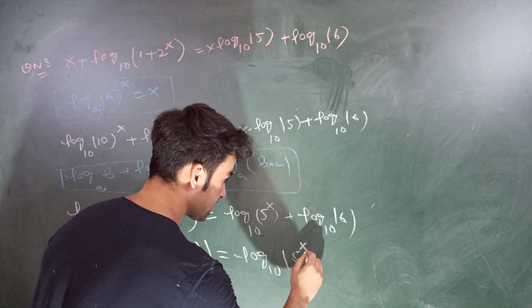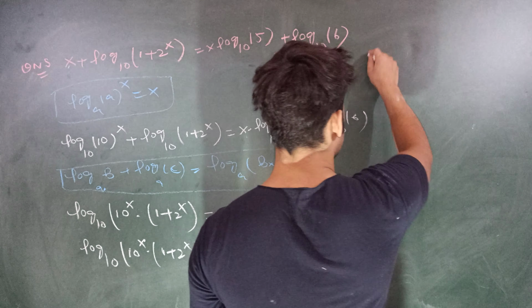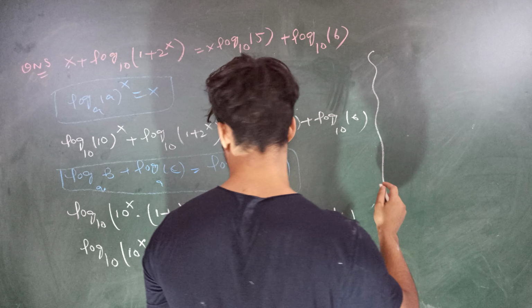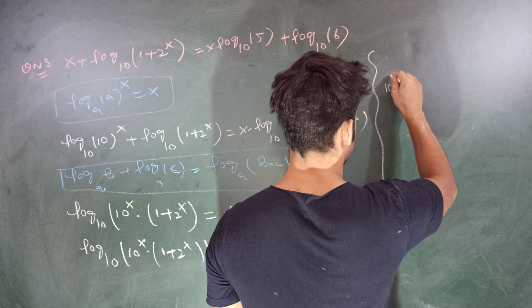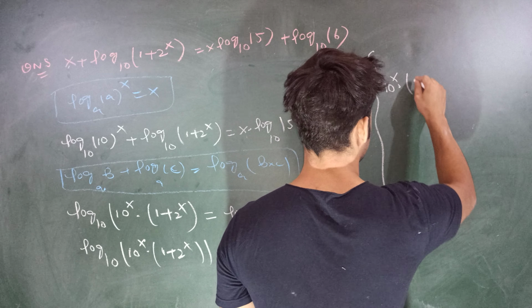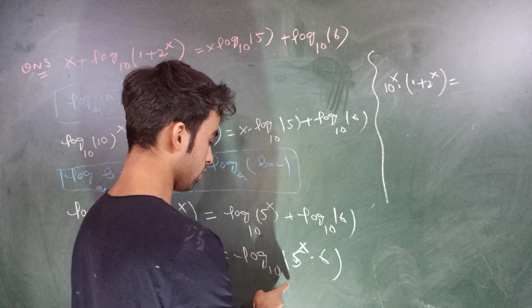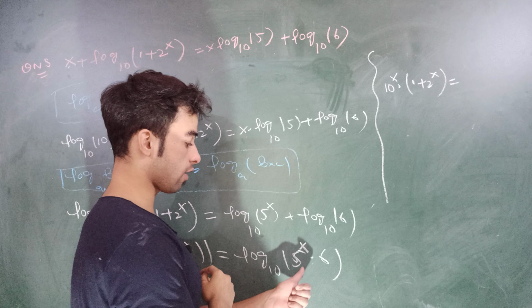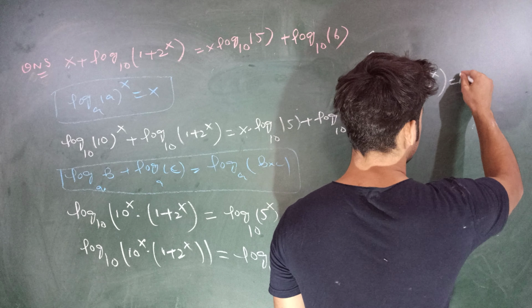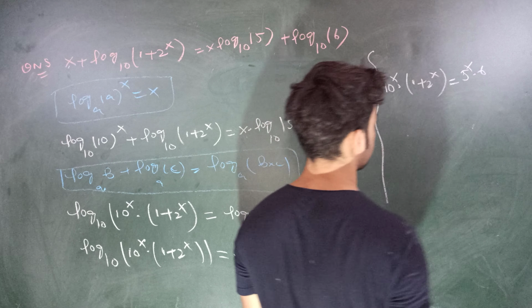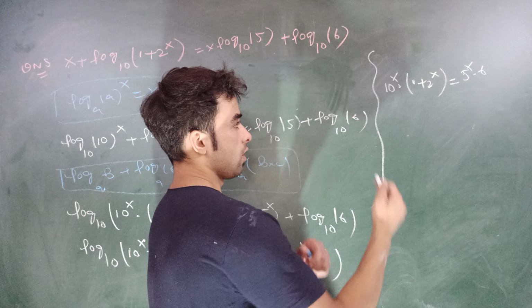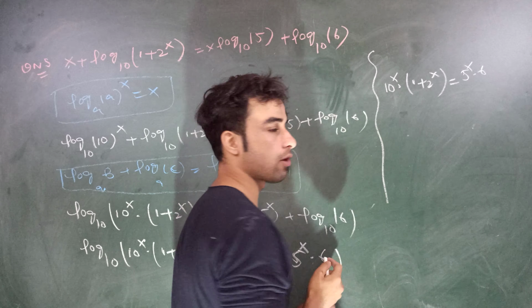Now I can easily cancel log base 10 on both sides. On the left I'll be left with 10 to the power of x multiplied by 1 plus 2 to the power of x, and on the right, this log 10 cancels out with the log 10 on the left, and I'll be left with 5 to the power of x multiplied by 6. Now maybe I can write 10 to the power of x as